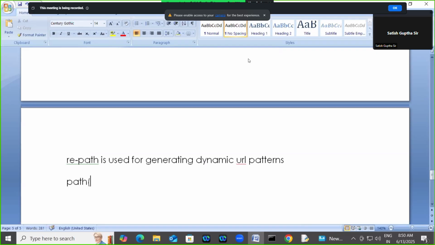Here I'm saying index. What is the name of this here? Index. So index is static. You always have to access this view only with the name index. Now, if I'm writing re_path and I'm just writing